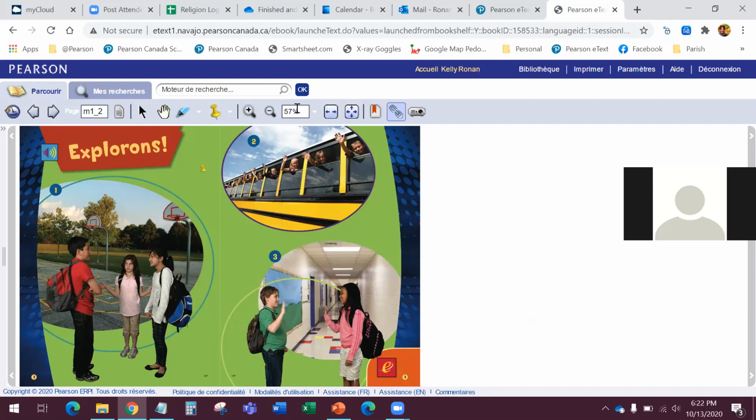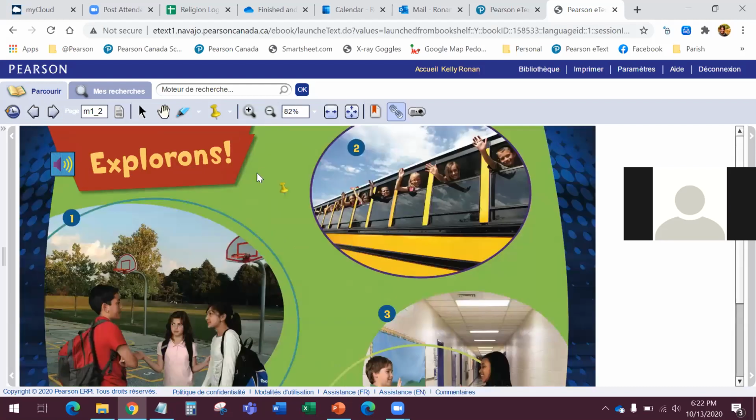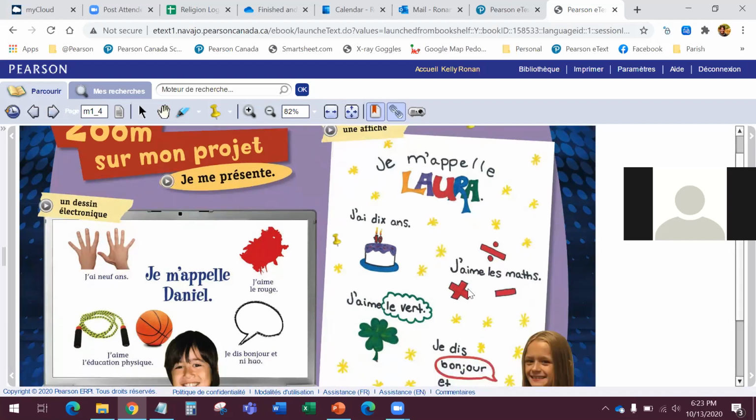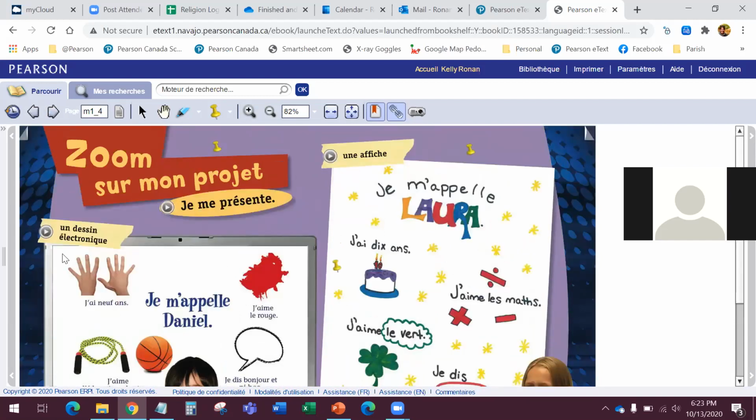So I'm just going to enlarge the page a little bit here so that it fills the screen a bit better. And I'm just going to turn the page and we'll look at a few more icons that are on the pages. So on this page, you can see a whole series of gray colored play icons, audio play buttons. So we've recorded all of the text that's on these pages, and you can listen to them by clicking the